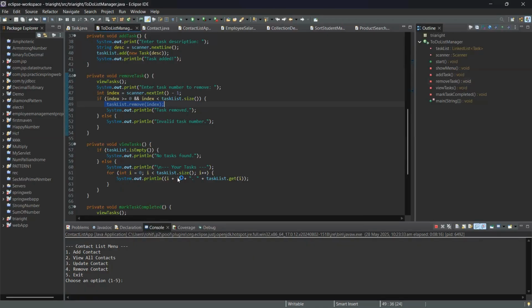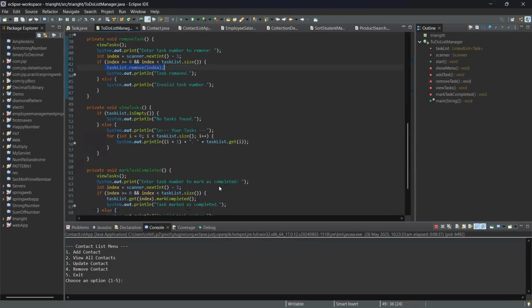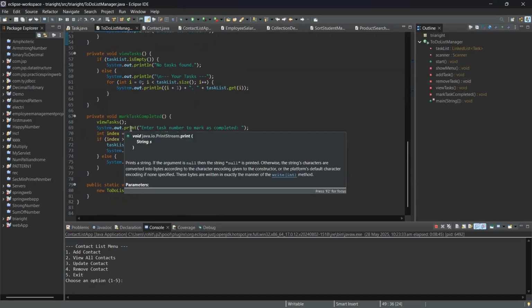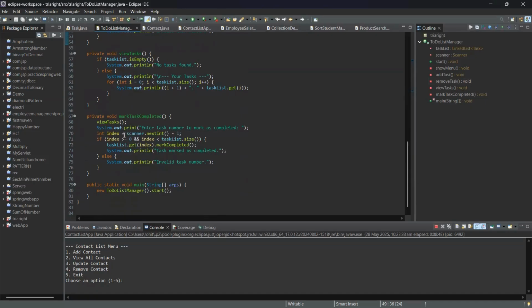For that we write i plus 1, because in this dynamic list all the values start from zero only. That's why we do i plus 1, and task list dot get i will provide us the task at the required position. Similarly for mark task completed, if the index belongs to the size, then task list dot get index, whatever the task is,